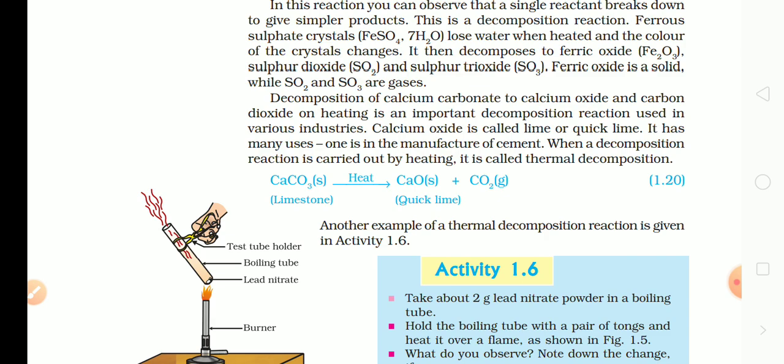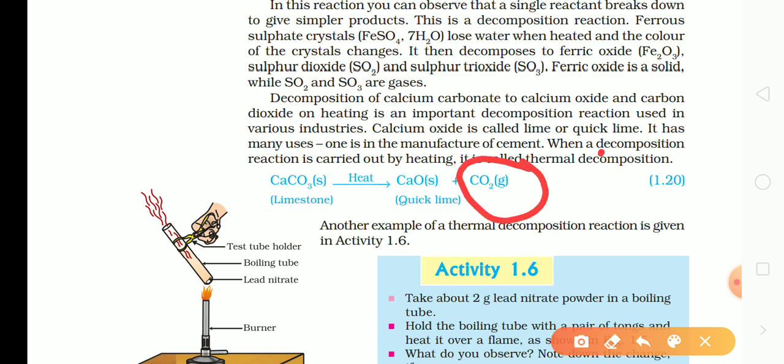Heating of limestone. Every one of you knows what limestone is. Limestone is in fact calcium carbonate. Whether it is limestone, coral, chalk, or marble, it has the same chemical formula, CaCO3. It's a salt in fact. And when we heat the limestone, the carbon dioxide present in the limestone will be liberated out.